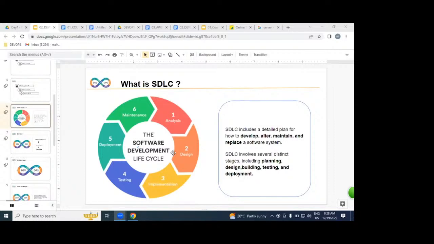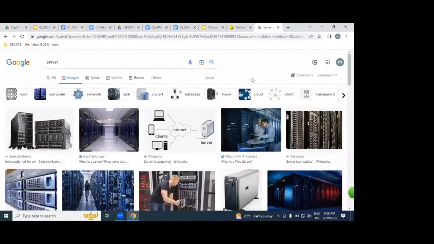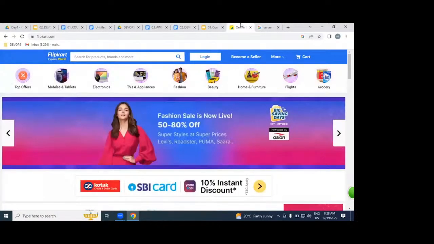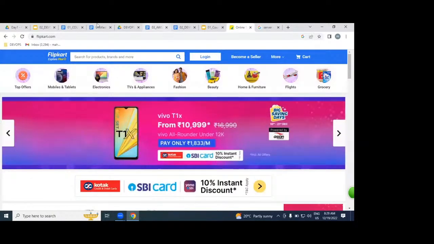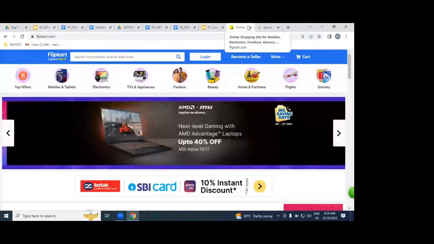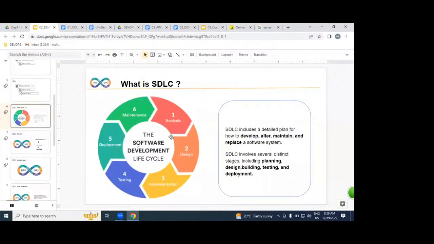By the end of this SDLC, we can produce a software. The software we are going to place on the server side, then we are going to access it as an application. Understood very clearly. In SDLC, we have several stages and several phases.